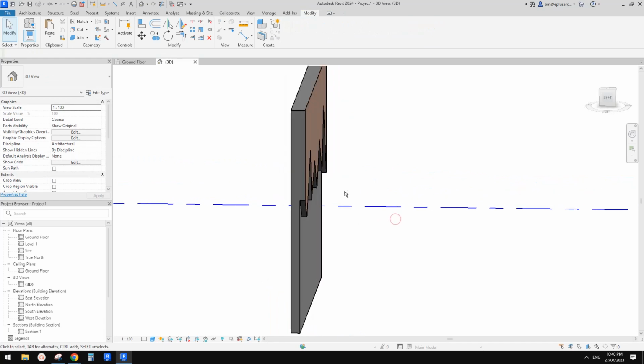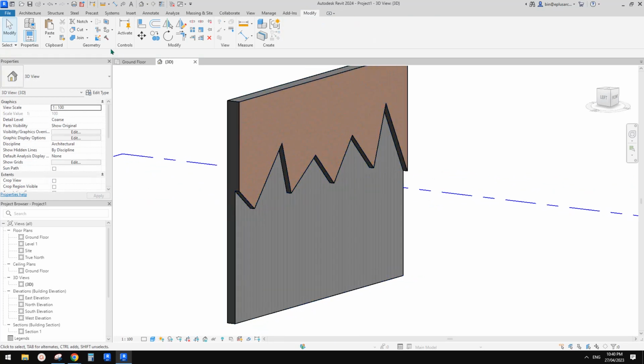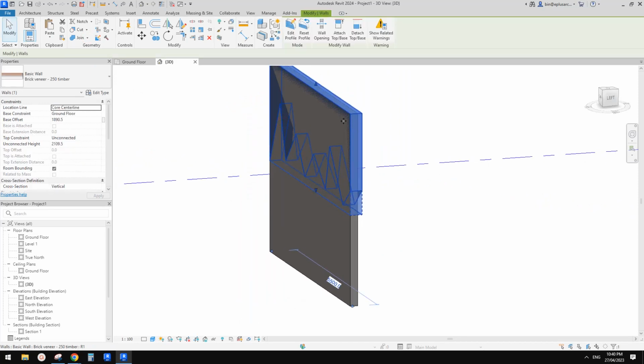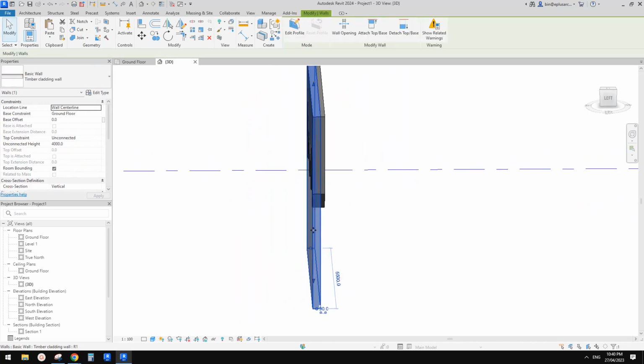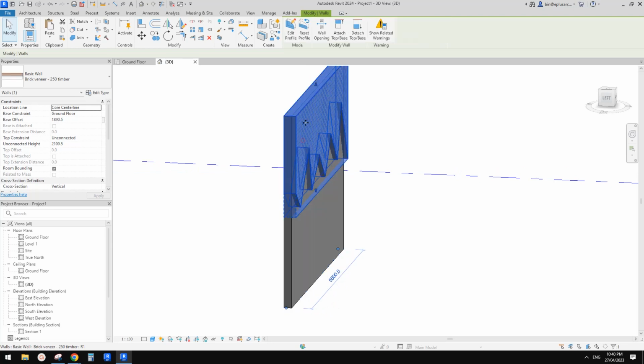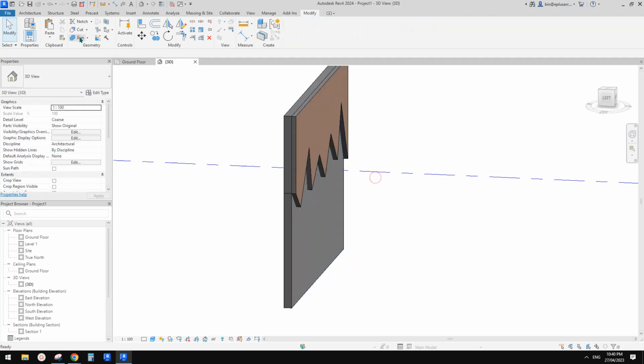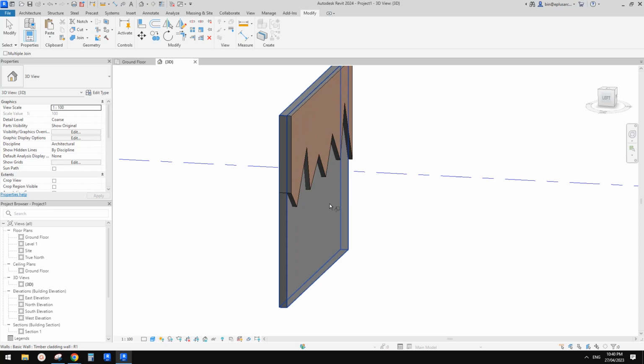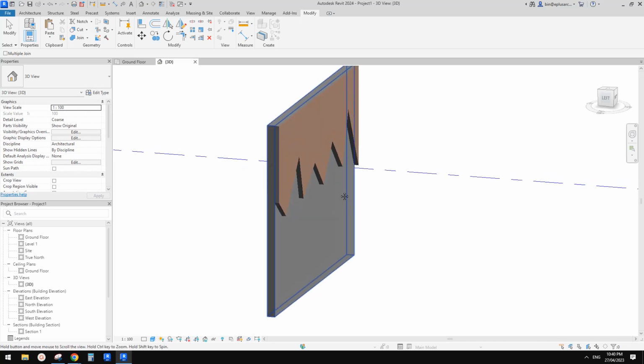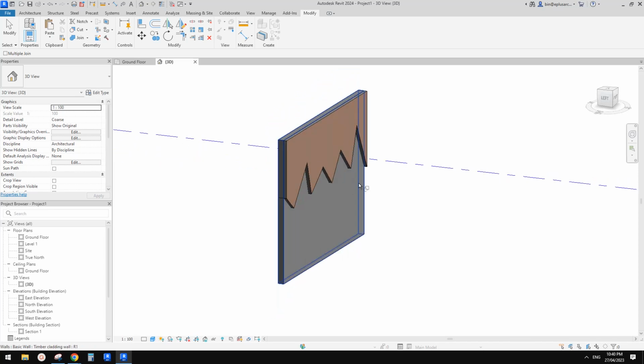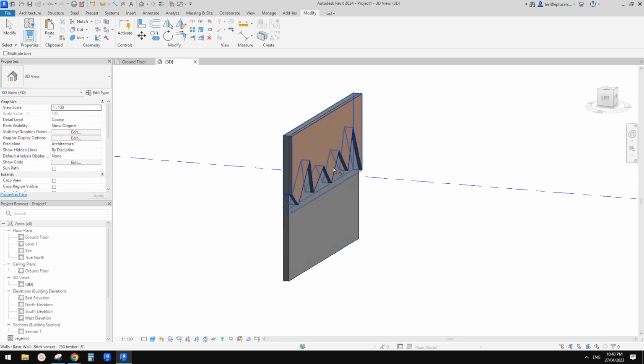Okay, let's do it again. I'll just unjoin. If we unjoin, there are two walls overlapping, you can see. So this is the timber cladding wall, this is the brick veneer wall. So once we join, also just be careful: usually if you join, use your join geometry to join these two elements in the same category. The first one you pick will be